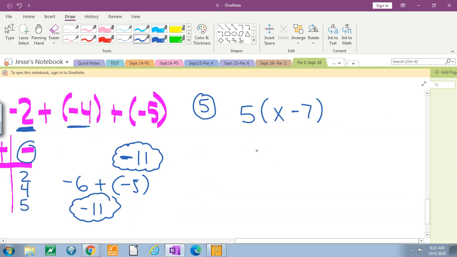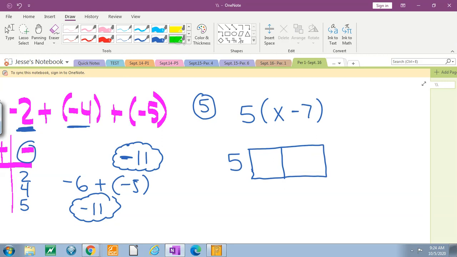Okay, so 5. So basically, whenever you're doing multiplication, it's like length times width. So here I'm going to have 5, and then I'm going to do what's called the area model. I'm going to put a box. Okay, and then I'm going to break it up into 2. Okay, it's an area model, rectangle, and then I'm just going to go ahead and put this on top of the box. Okay, you guys see that? I'm going to put this expression on top of the box. The x